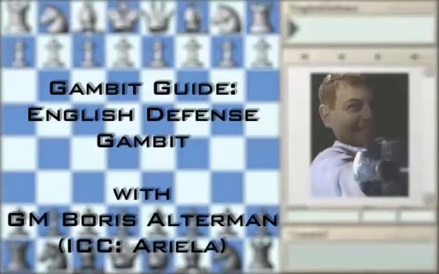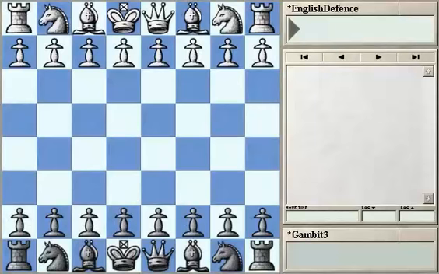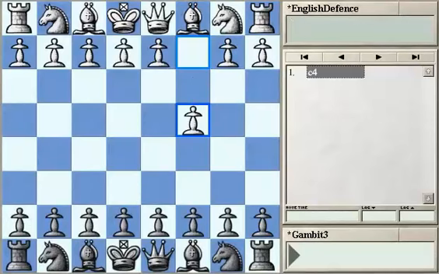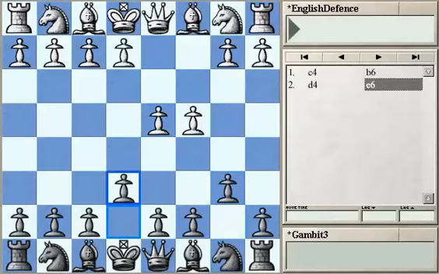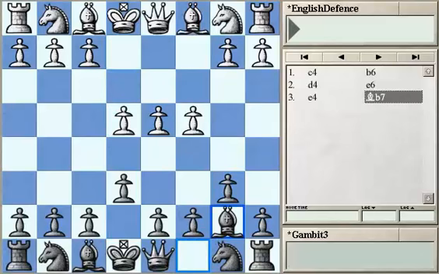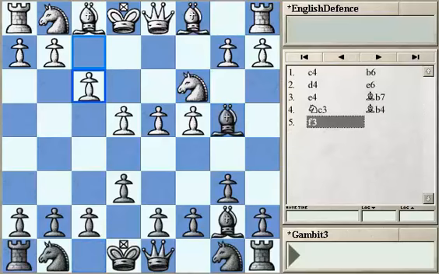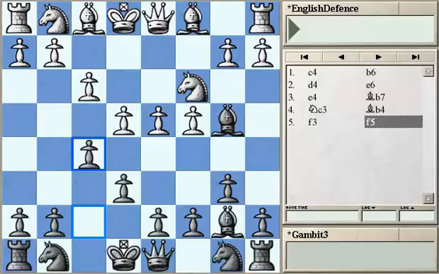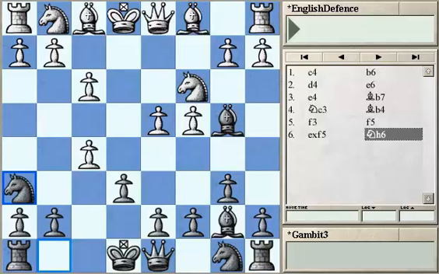Welcome back to the third part of the English defense gambit, and we continue studying the quite exciting line after c4, b6, d4, e6, e4, bishop b7, knight c3, bishop b4, f3, f5, e takes f5, and now Black plays the knight h6 move. So last time we were looking at this position a bit, and I started to say that